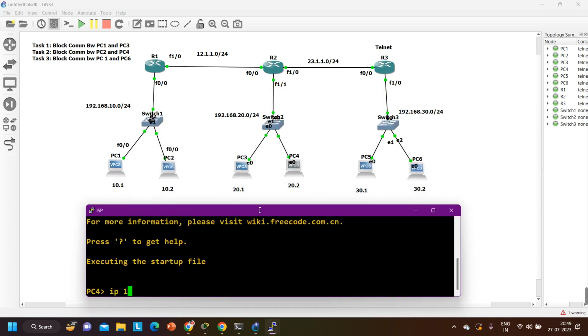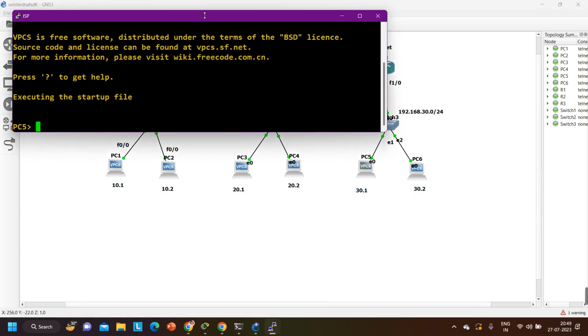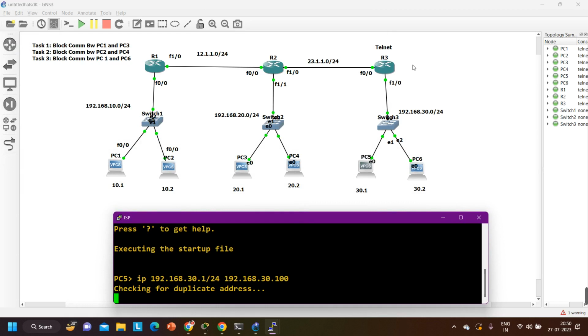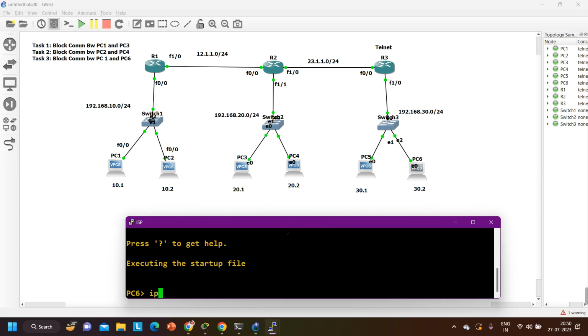On PC4 IP 192.168.20.2/24 and 192.168.20.100. That's it. On PC5 also let me assign one IP 192.168.30.1/24 and 192.168.30.100. On PC number 6 also I need to assign one IP 192.168.30.2/24